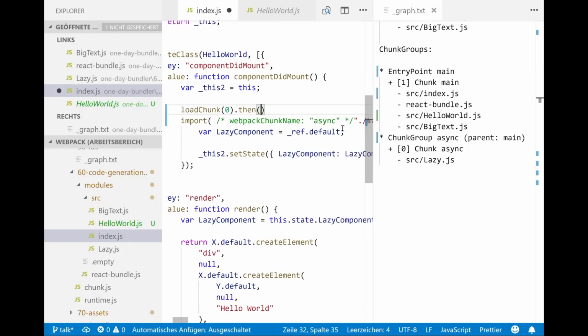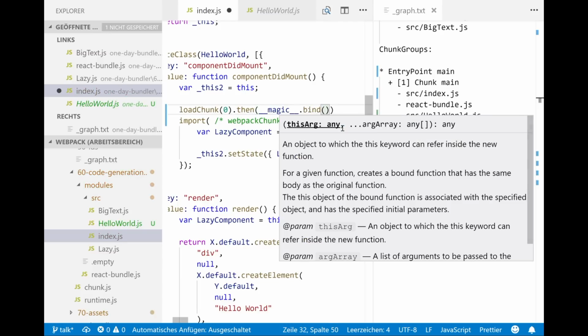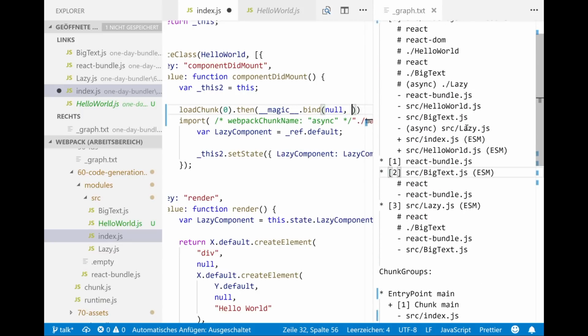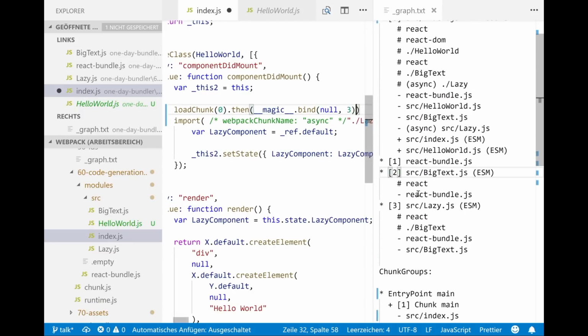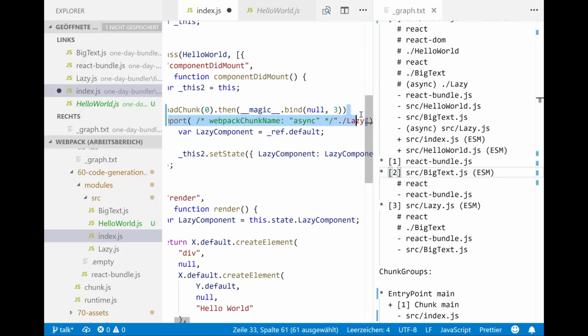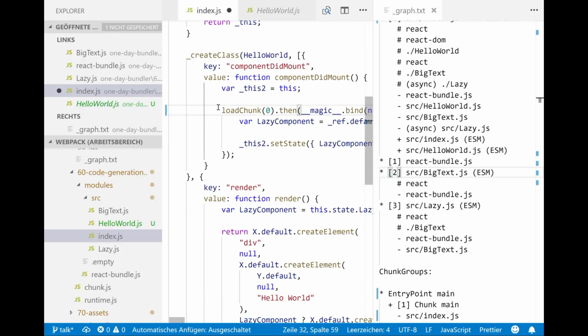And if we have everything available, we just have to call this magic function. And because we are super fancy, we use bind. And we bind it to this lazy module ID 3. And this returns a promise, and it returns the promise of this module, and yeah, I think it's done. Okay, great. Maybe we should write this load chunk function.